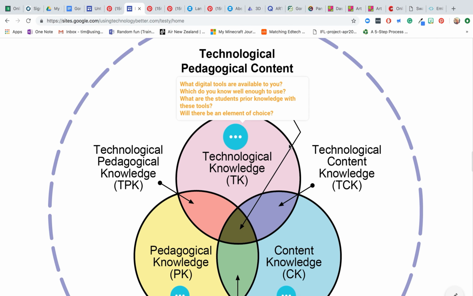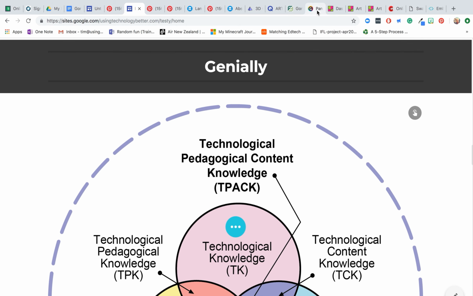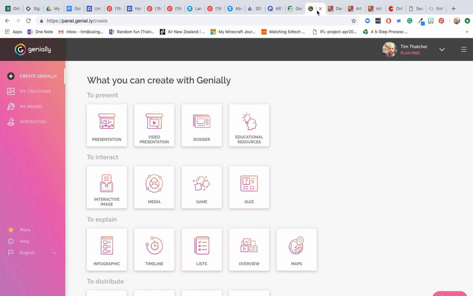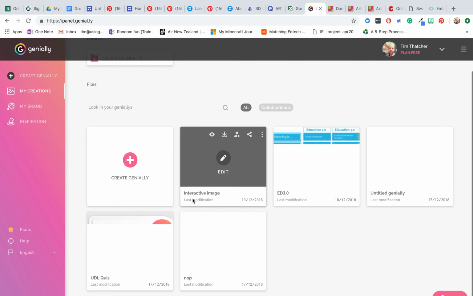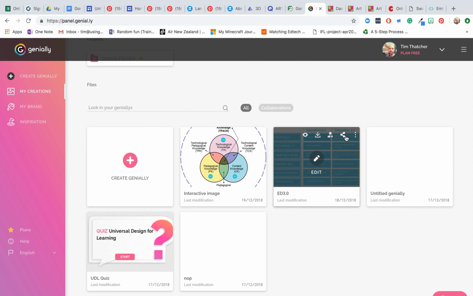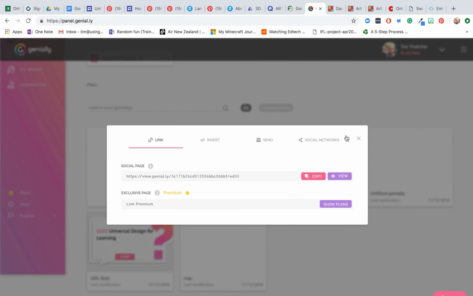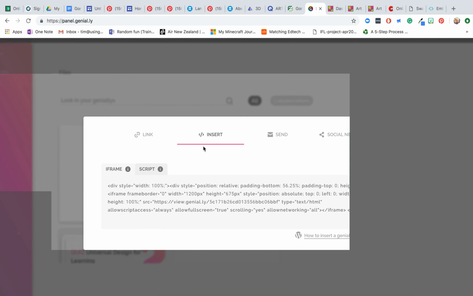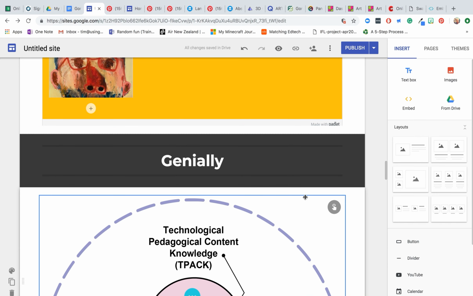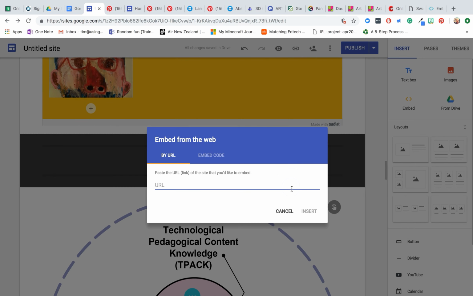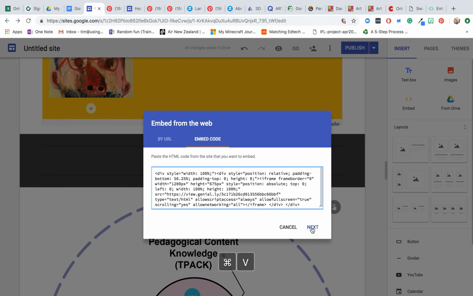So how do you insert those? Well, go to Genially and once again make your own account, and they're pretty good at walking you through those things. I've just got some creations I've made previously. When you're in here, you've got the little share button, which you can press, and then it's got the insert section here, which you press, and once again, same as Pinterest, you press the copy button, go into Google Sites, find a nice blank spot. I'm just going to do one on top of here, embed code, paste that in, go next, it'll preview it for you,